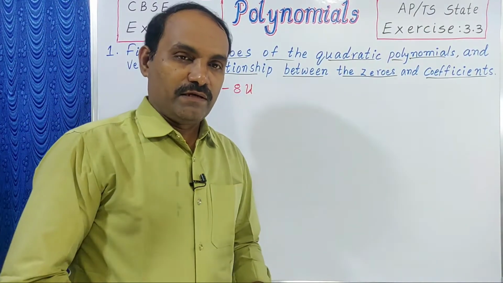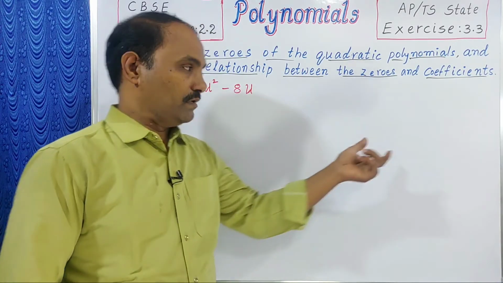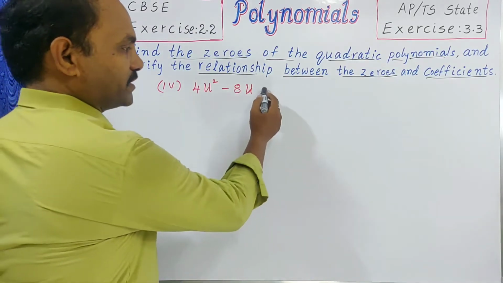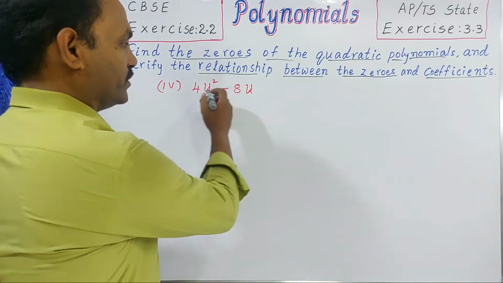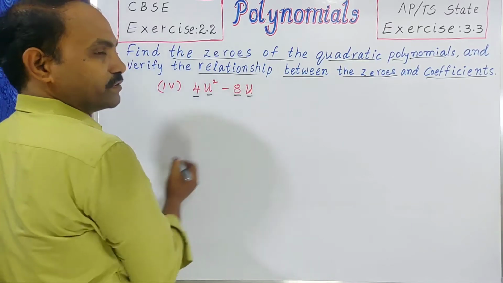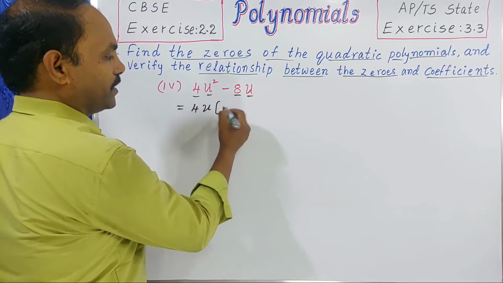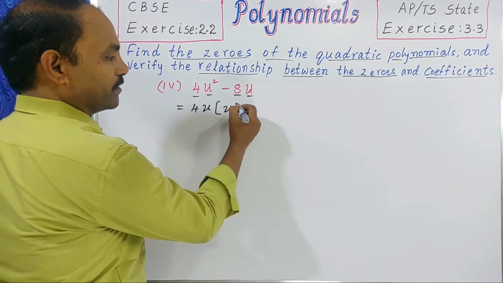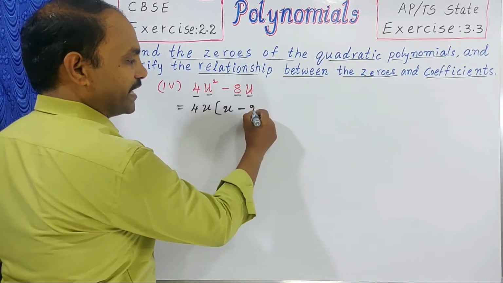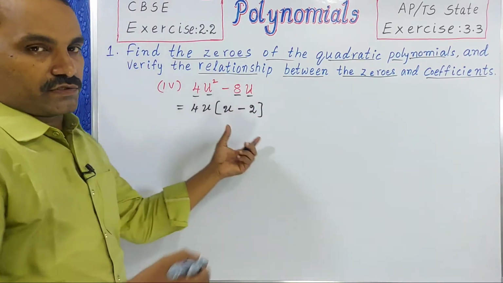Yes. Next one in the first Roman. In this Roman, next question, the fourth one: 4u square minus 8u. Here the constant term is missing, that's why we can do it directly. Here in these two terms, 4 is common and u is also common. So 4u common and u remains. One u gone, that's why u minus 4 2's are 8. So 2. U already gone, so no need to write. These two are the factors only.